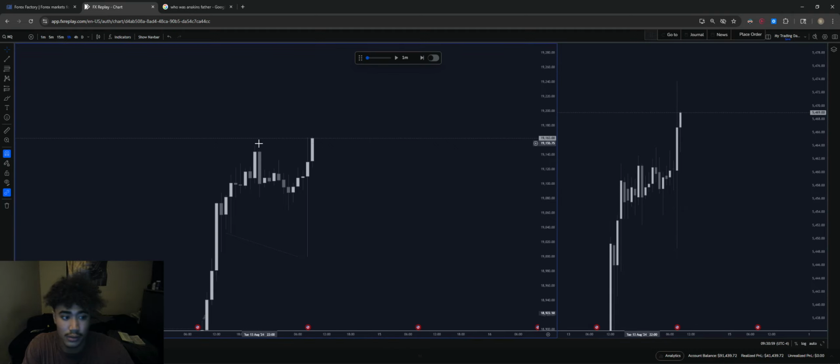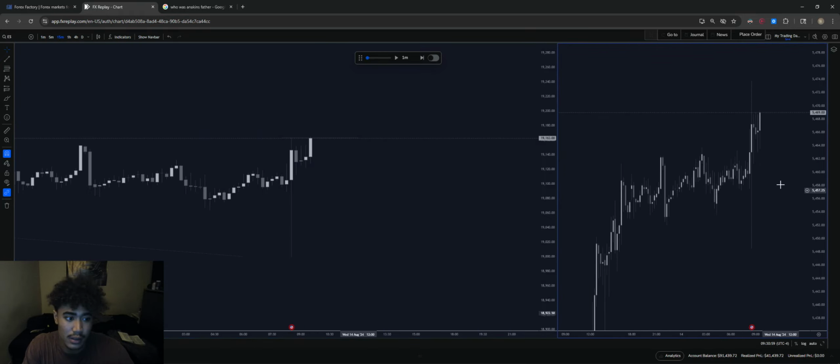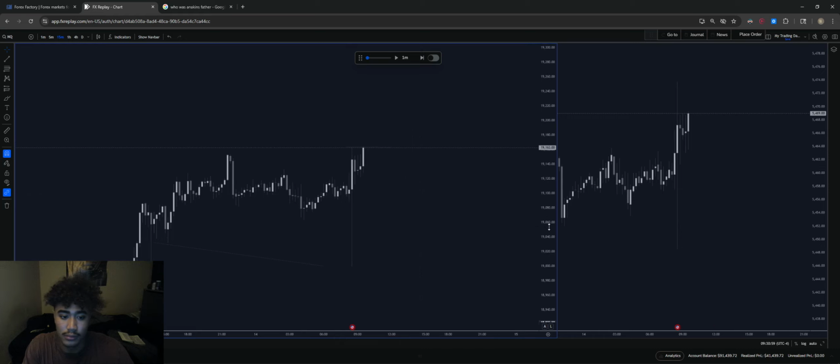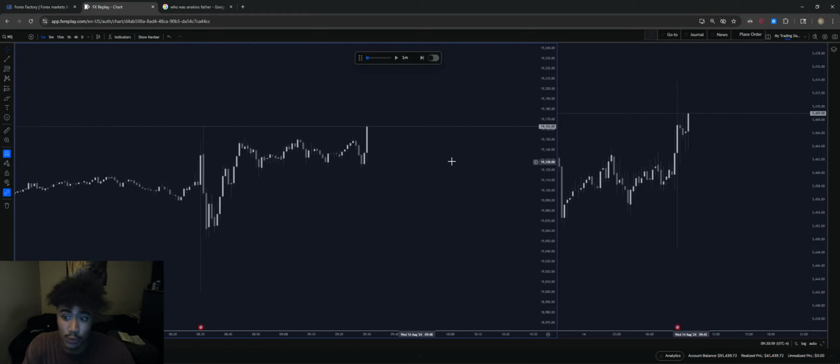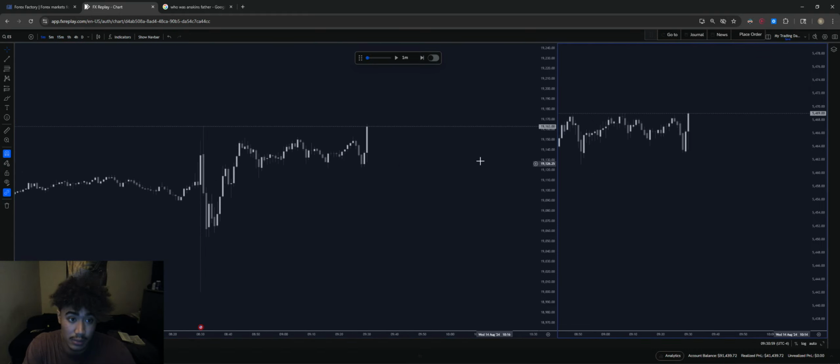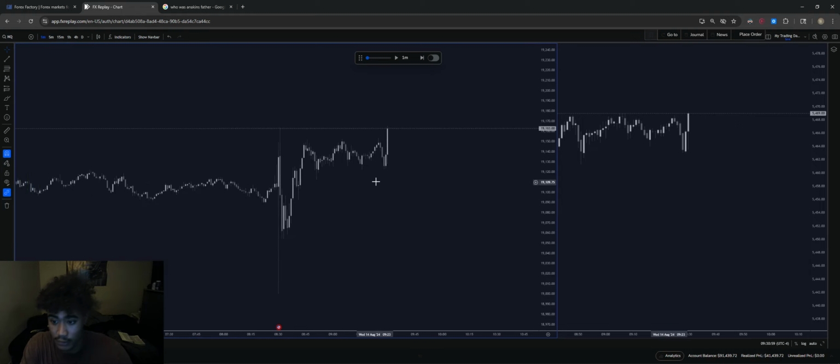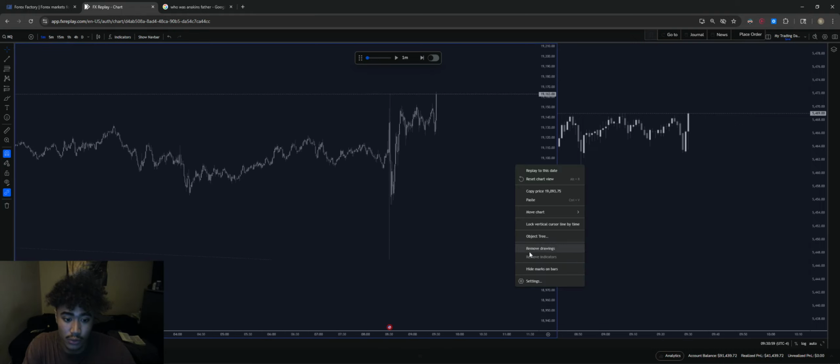What are we doing? Really nothing. Have this high. Bang right there. If you want, you can mark out the fact that we took out liquidity right here. You don't need to. Go on the 15-minute. Nothing else in the 15-minute. Why? Because you already marked out the highs and lows on the hourly. So then you just go in the 1 minute. You start looking for trades. It's as simple as that. So it's very quick. If I had to do it all over again real quick,